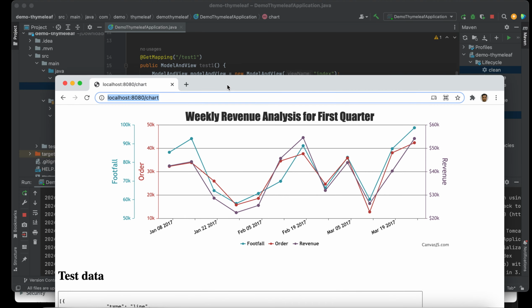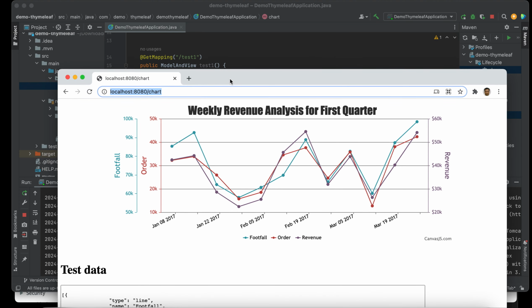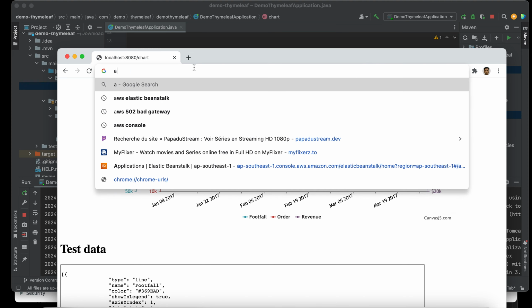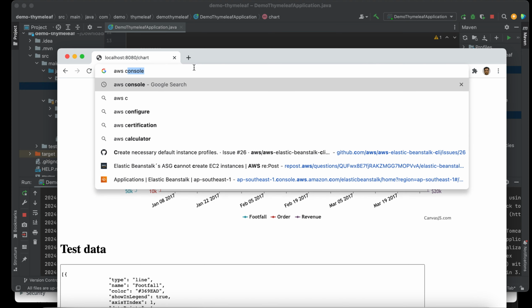So to deploy this in the AWS cloud, again we will use the Elastic Beanstalk. First we need to log into the AWS console.